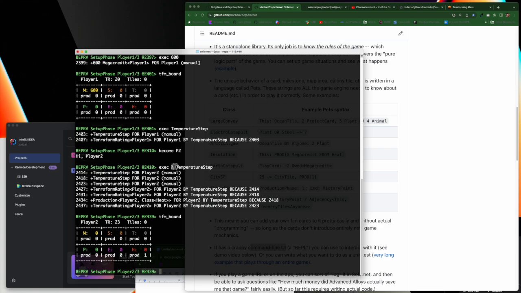Oh, right. Okay, because we added 3. Okay, right. All right, so that's correct. That's as it should be. And here's another example, another one of these special commands that I added just for convenience